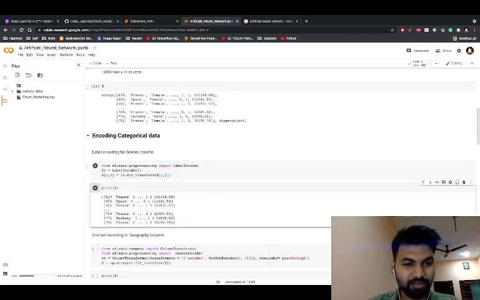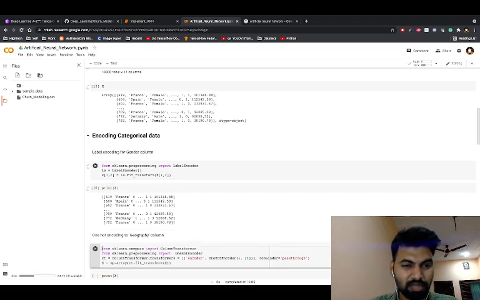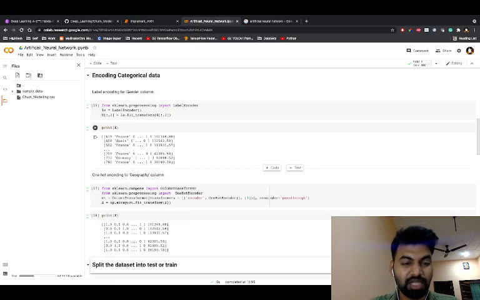It's correct, printed the value of X, and now let me run this one hot encoding for geographic location. Let me print the variable X, what it contains. So here we will see it has completed all the transformations for the categorical variables.